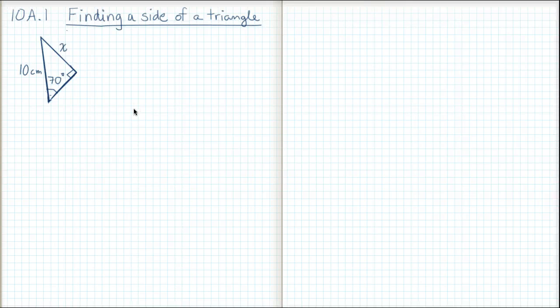In this video, I'll show you how to find the side of a triangle using the trig ratios. It should help you with exercise 10A.1. The first thing you should do before you start using your calculator to solve these problems is to check that it's in degree mode. On your calculator, right beside the blue second function button, you should see a button called